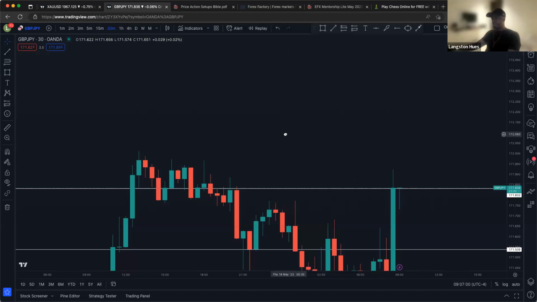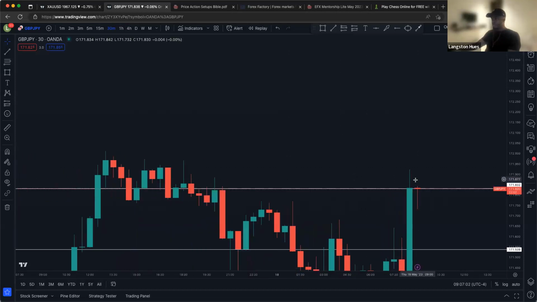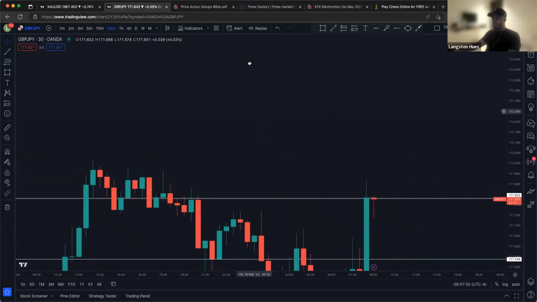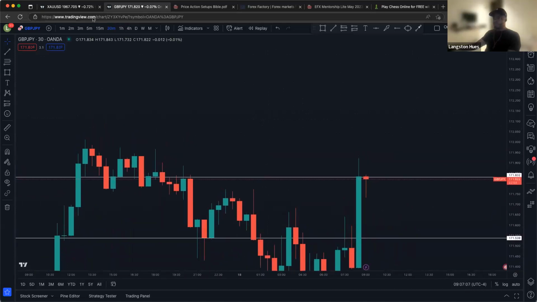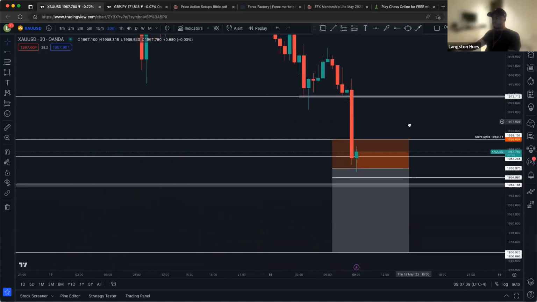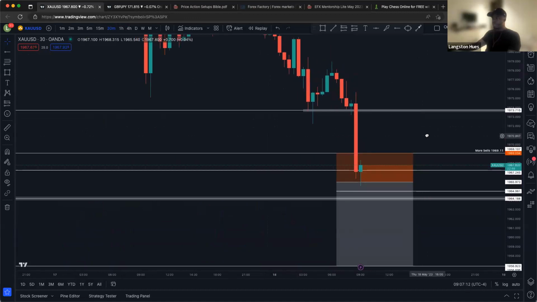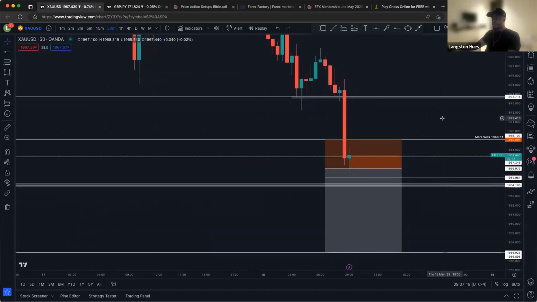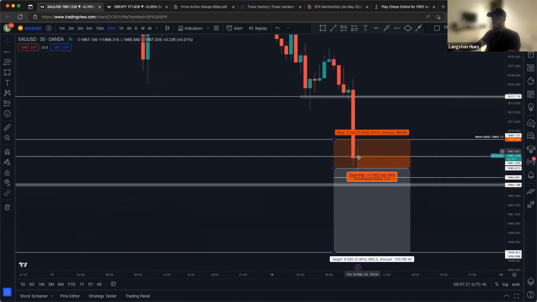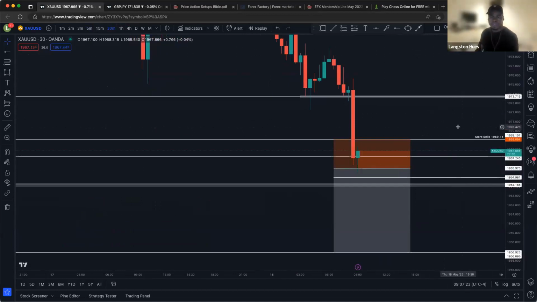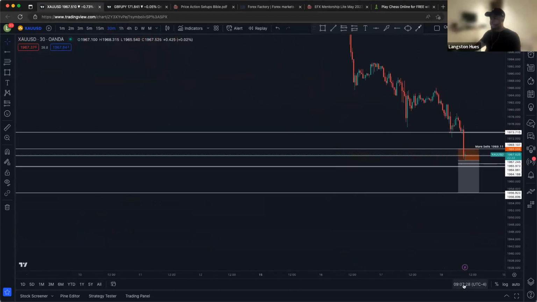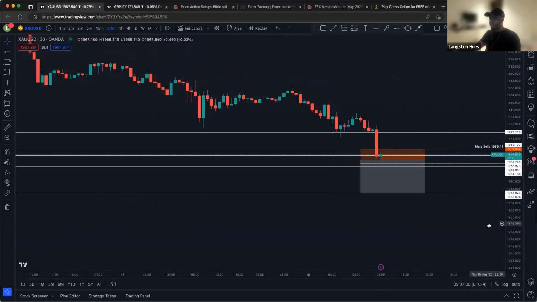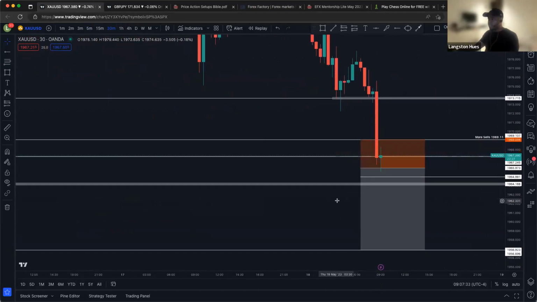Driving back up. British Pound, Japanese Yen, and gold also coming back up. I want to see it just push, push, push. But there's this sort of support right down here. Well, it's actually down here, but